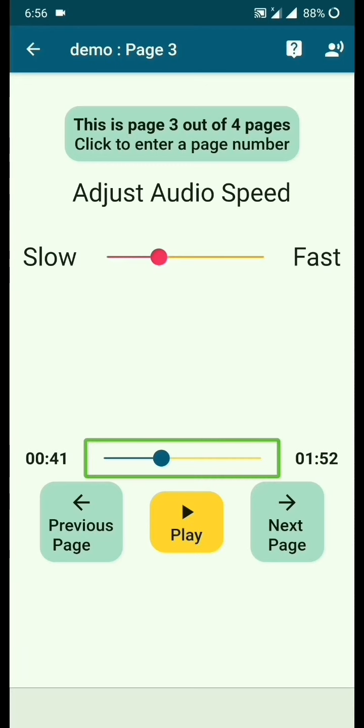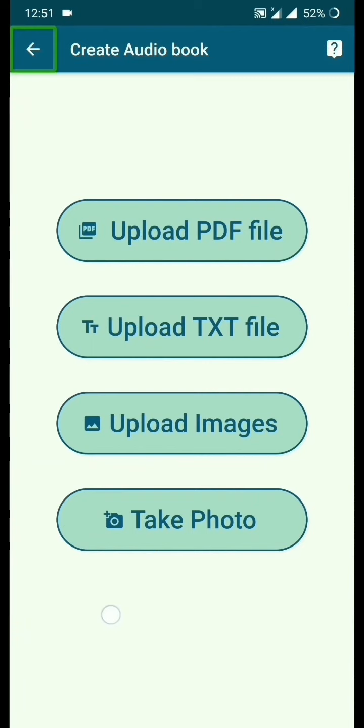Now let's go back to the Create Audiobook screen. Double tap to activate. Create audiobook heading. So now we are back in the Create Audiobook screen. So now we saw how to upload a PDF file and convert that into an audiobook. Instead of uploading files from within the app, from this Create Audiobook screen, you can also share files to the InstaReader app.